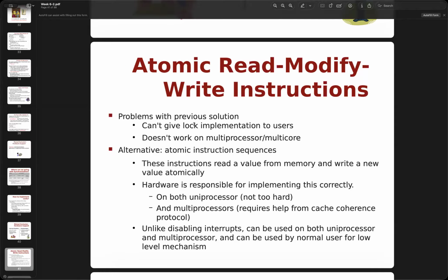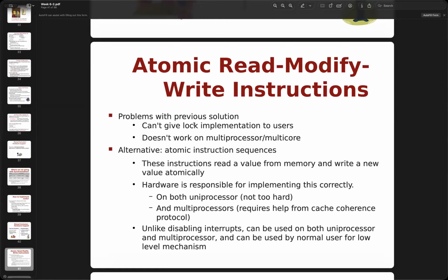It also doesn't work on a multiprocessor or multi-core. Because we have multiple threads on a single processor, and then they grab access, and with multiple processors they grab at the same time. So we need to think about whether we have any atomic instruction sequence. This instruction reads the value from memory and then writes a new value atomically, that means read and write a new value.